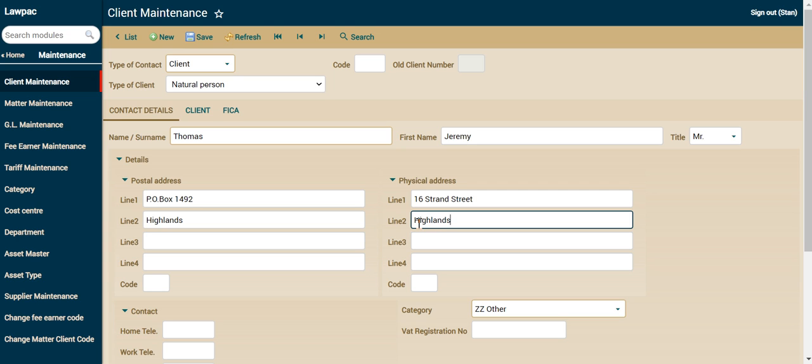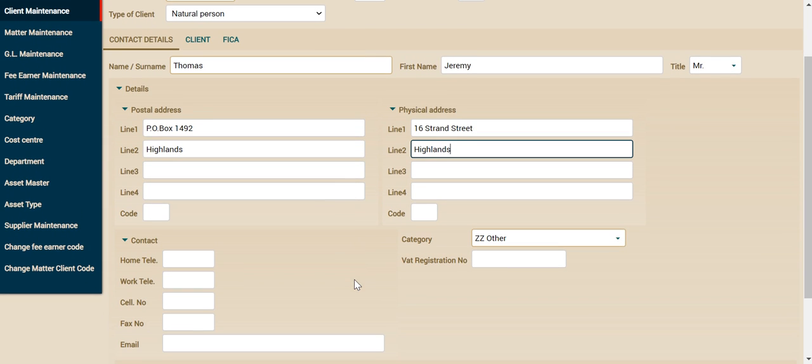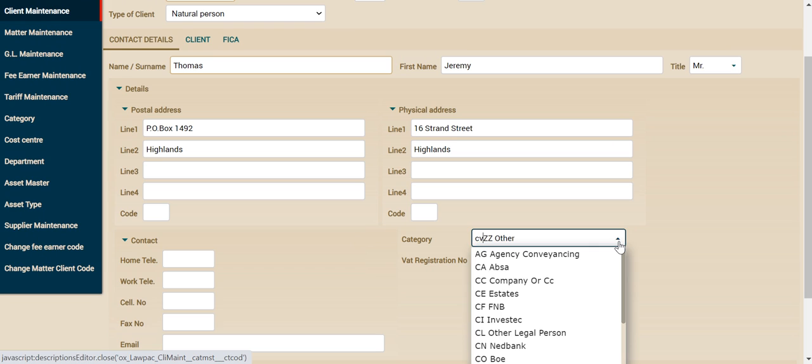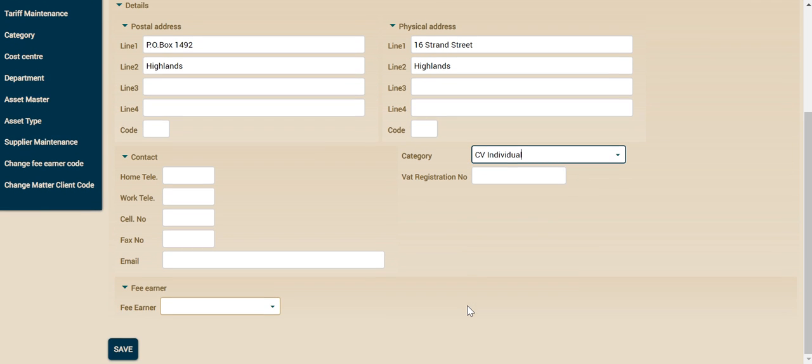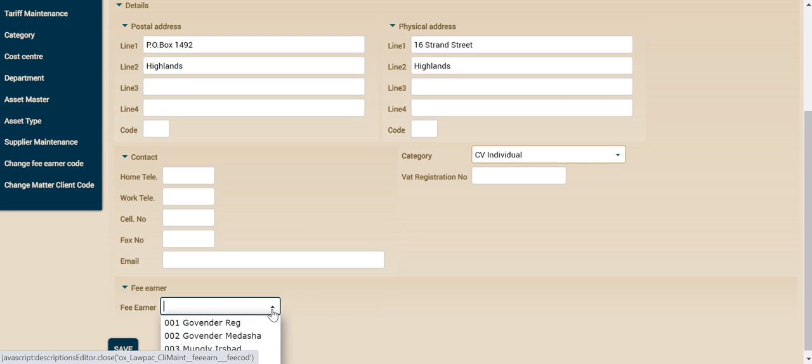The physical address is useful for service of processes in the event that you are doing collection processes. So we go to our category, and here we can pick up one of several categories listed below. We'll then go to our fee earner,